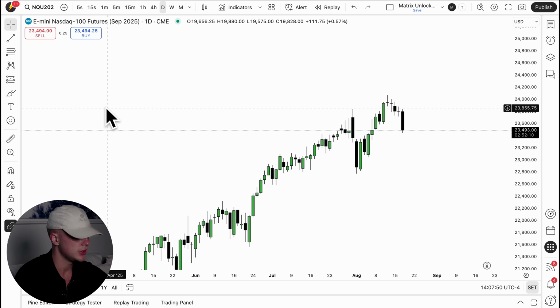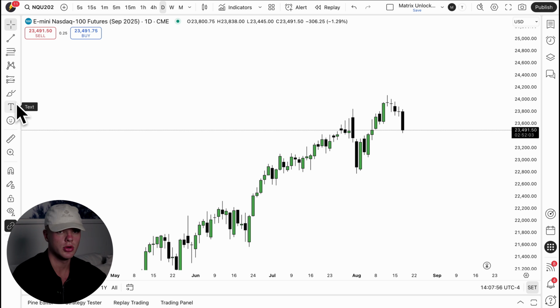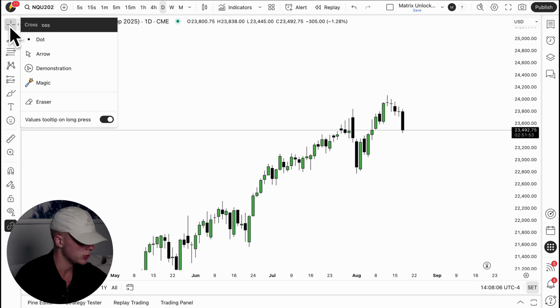So what it means is that you can see there are a lot of different tools used within TradingView. However, it's important to note that we do not use the majority of them. We only use a handful, and therefore what we can do is go right here to the list of tools and press on this small arrow. When we press on this small arrow, you can see the list of all the tools underneath that specific section appear.